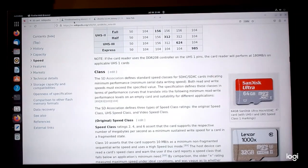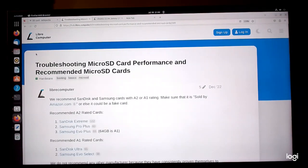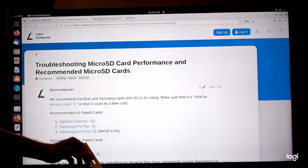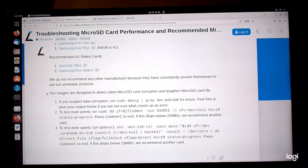Now let me see what we got here. On the Libre Computer website, they recommend the SanDisk Extremes and SanDisk and Samsung. I did buy a SanDisk Extreme because I wanted to play around with my reader. Now they do have some screening tools right here,